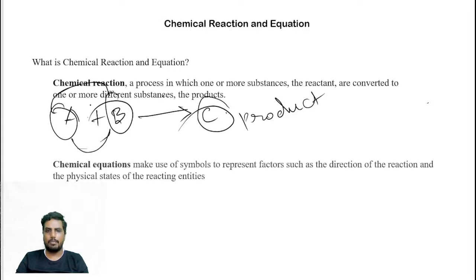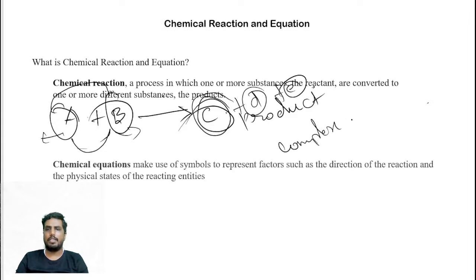Here I have taken two substances: substance number one is A and substance number two is B. When these two reactants react, this will form product C, and it can even form D, E based on